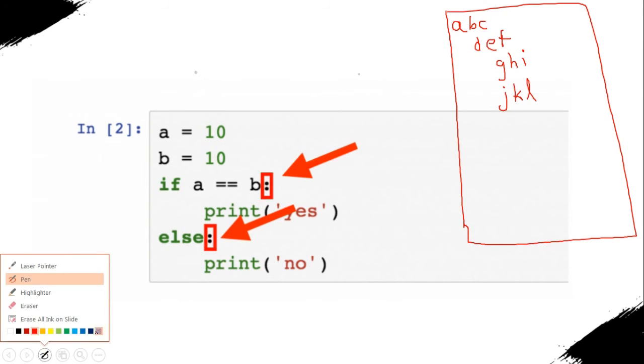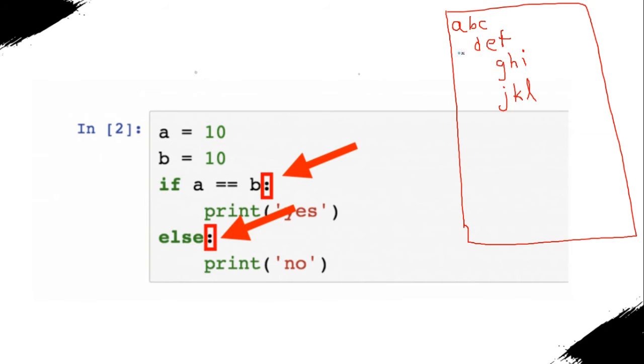You can see I have given a space here, but in this case I've given two spaces, right? And in this case also I've given two spaces. So in Python, let's say if and else are part of the same code. If and else are used together, they are part of the same thing. In Python, whatever things are together have to be at the same indentation. So if this was a Python code, this would have been together.